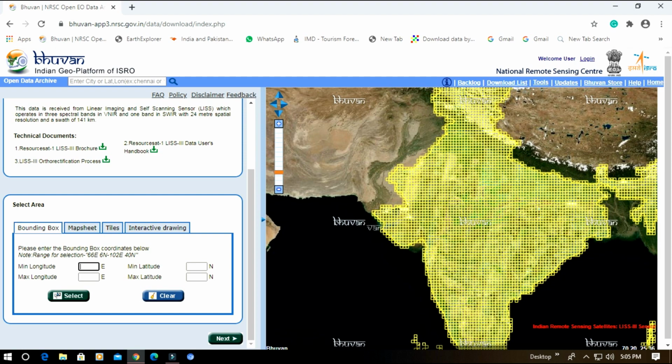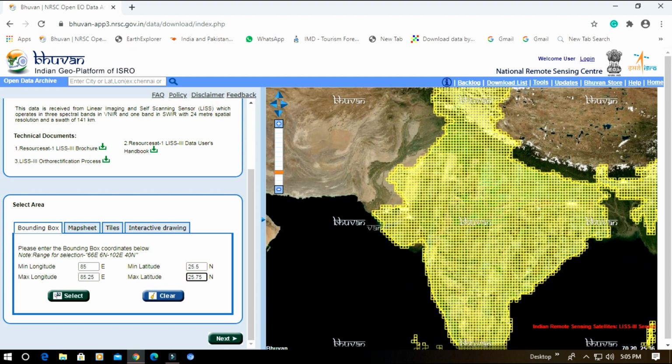Suppose the place of interest has minimum longitude 85 degree, maximum longitude 85.25, minimum latitude 25.5 and maximum latitude 25.75.